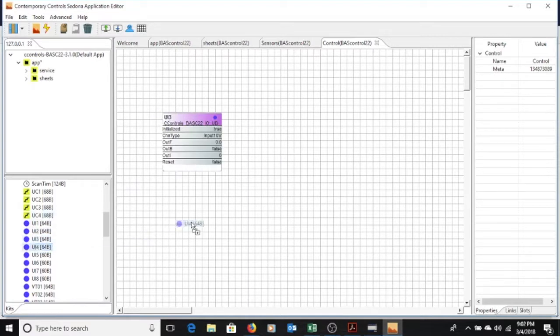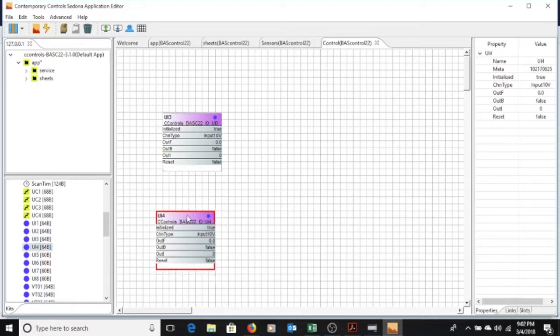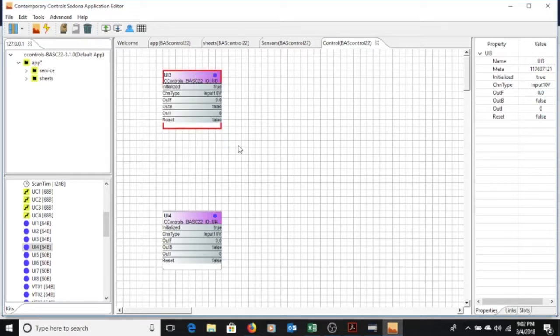We will also take universal input 4, and we will square these suckers up. Maybe spread them out just a little bit more. Okay, so we have universal input 3 and 4, and these are going to be the push buttons on your thermostat. Okay, so we got these, and we have to figure out some type of functionality, and that functionality will be something that revolves around